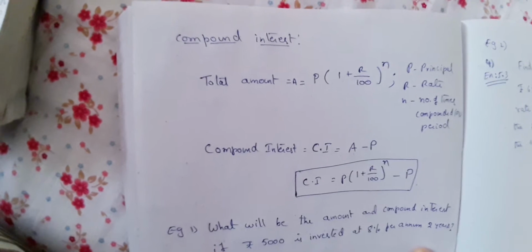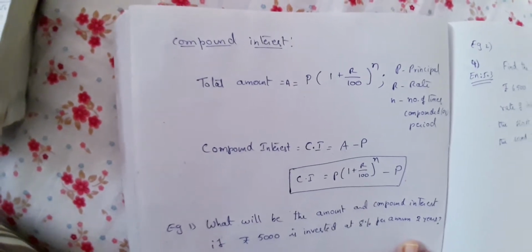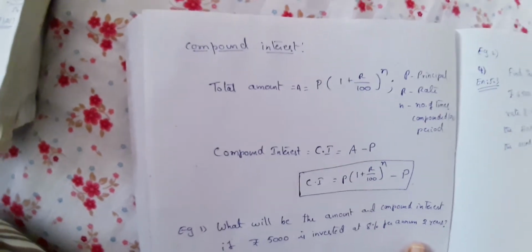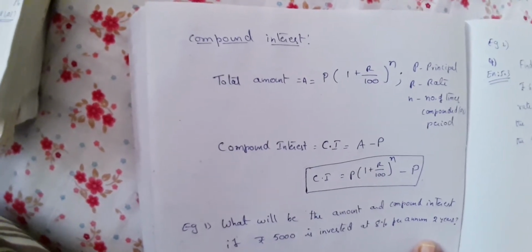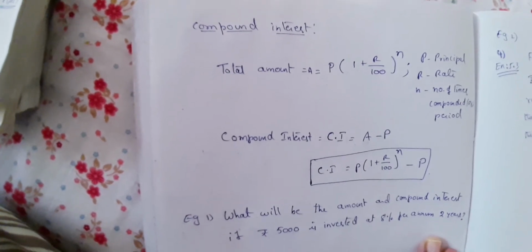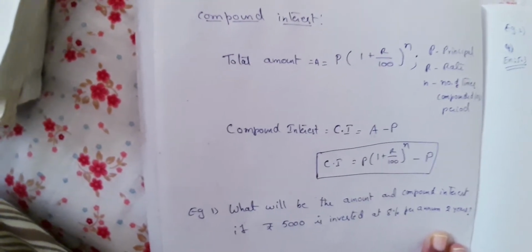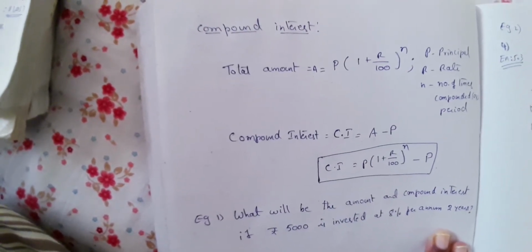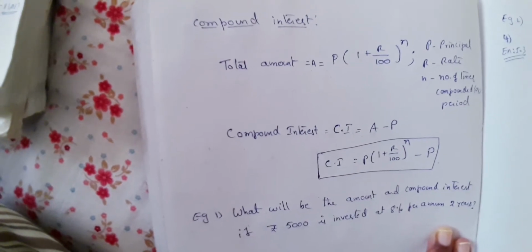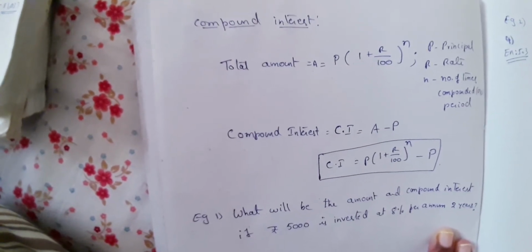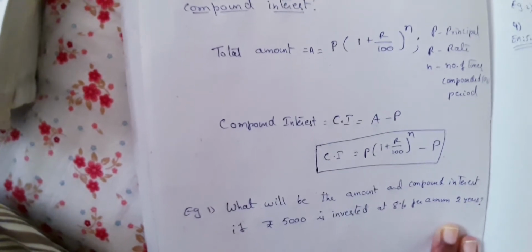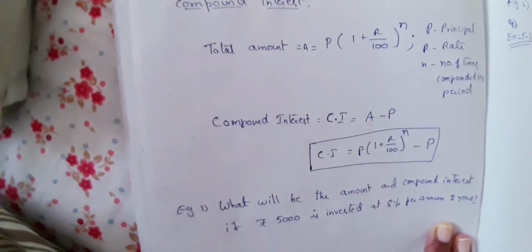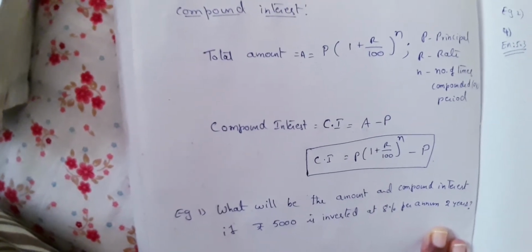But here in case of compound interest, after the end of 1 year, that means how many times you are compounding, that means by what period you are compounding. Sometimes it will be said like you will be compounding the interest after 6 months. That means after every 6 months the interest whatever has incurred will be added to the principal. So now the principal amount is changing after 6 months. Now after first 6 months what happens? Principal plus interest. And then upon that you are going to find out the interest again.